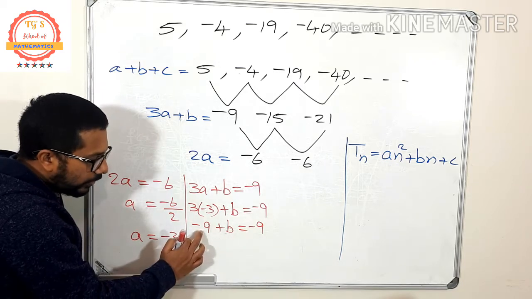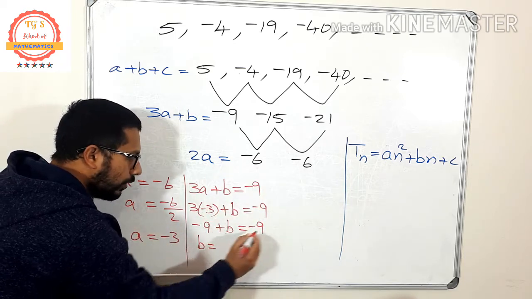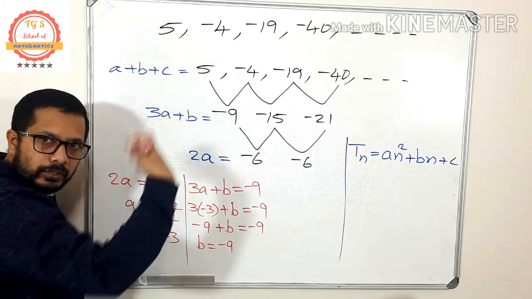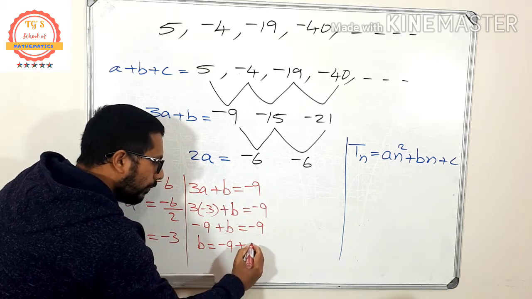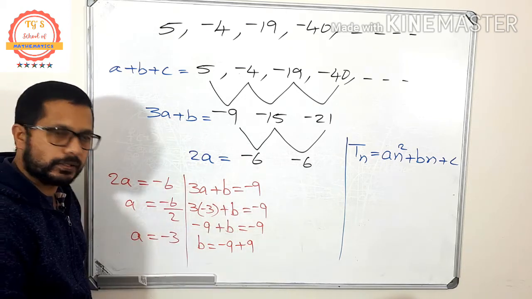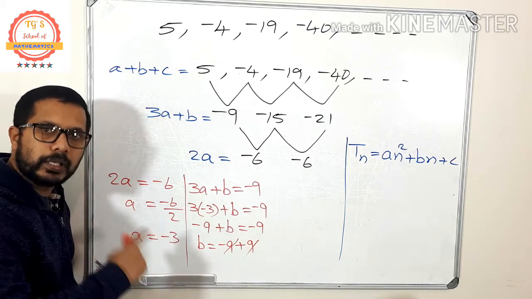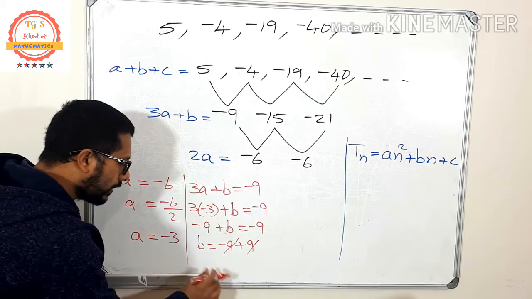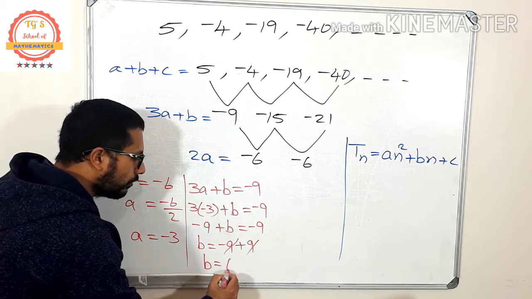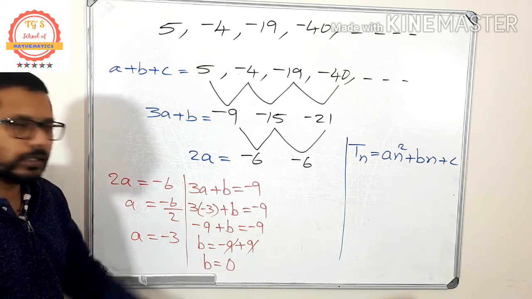Okay, so I want to take this minus 9 to the other side. So b is equal to, there is a minus 9 here, and now I am going to take this minus 9 to that side. That means that is plus 9. If I take this minus 9 to the other side, it is plus 9. So minus 9 plus 9, you can cancel minus and plus, same quantity. So what is the final answer? Final answer is b is equal to minus 9 plus 9 is 0. So the value of b is 0.